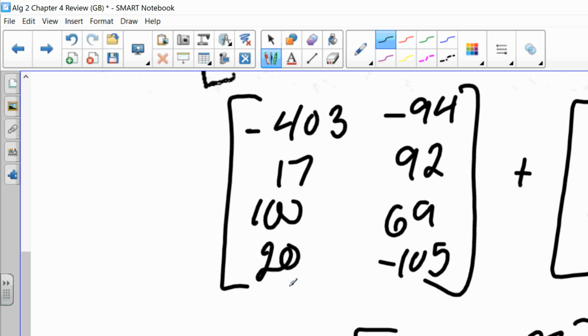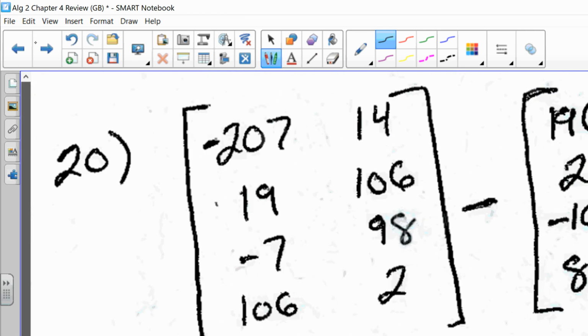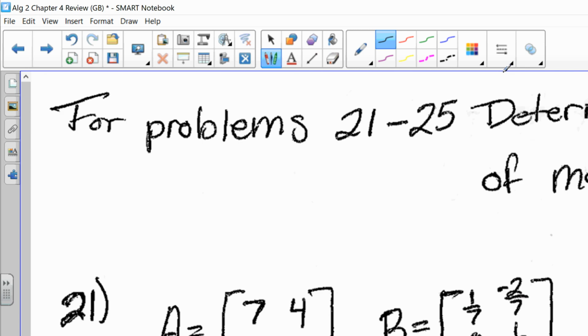Awesome. And really, we could have set this up as A, B, and C in the calculator, and did A minus B plus C, and gotten the exact same thing. Questions on 21, 22, 23, 24, or 25? Can we do one of